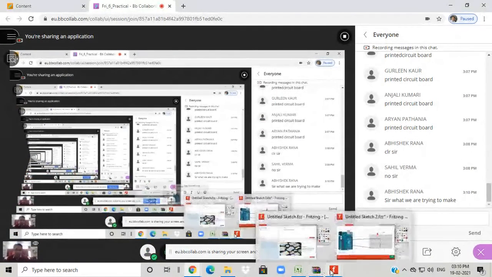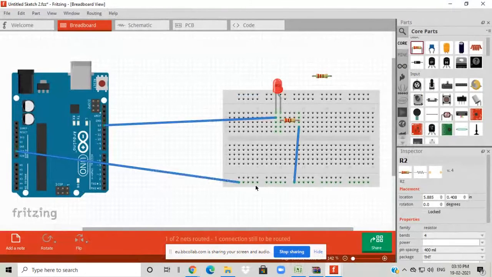Abhishek, it is the LED blink. Very simple experiment. Directly the LED is connected with the Arduino. Okay, from where it is getting the input or output? It is giving the output basically when it is high or low. Okay.